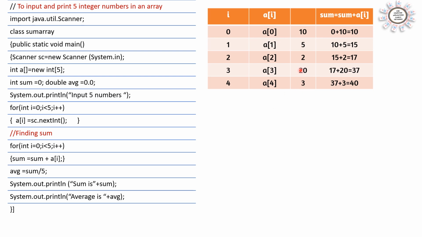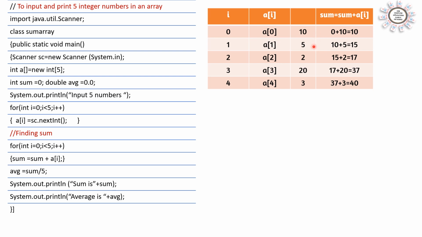And then this number is stored. Here we are using 2 loops. If you want, you can find the sum in the same loop itself. But as this is our first program in array, we are using a second loop. That means after accepting in the i loop, 5 elements are accepted and stored in a. And now we are finding the sum of the elements. So once again here we are starting i is equal to 0, i less than 5, i plus plus. Once again I am saying, if you want, we can find the sum in the same loop itself. Otherwise we can declare the loop a second time and then start finding the sum. Sum is equal to sum plus a[i].